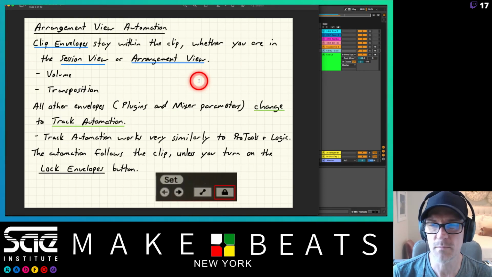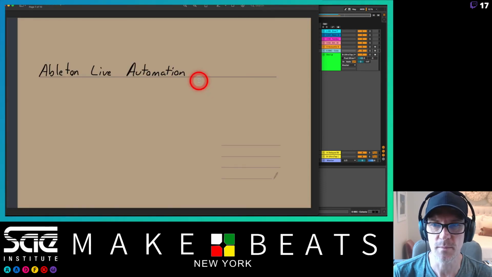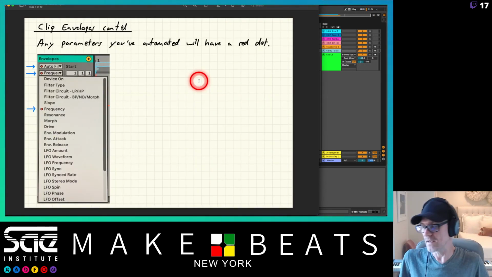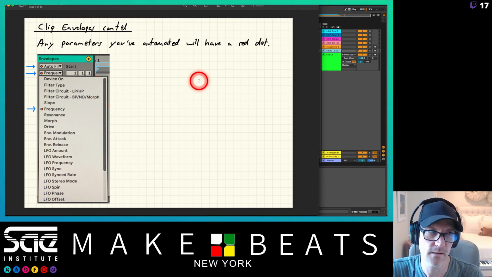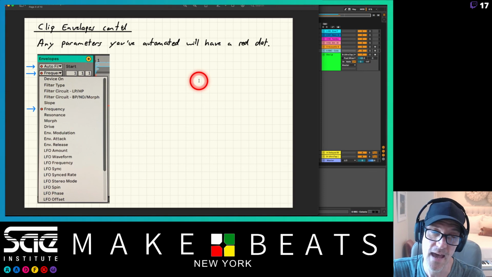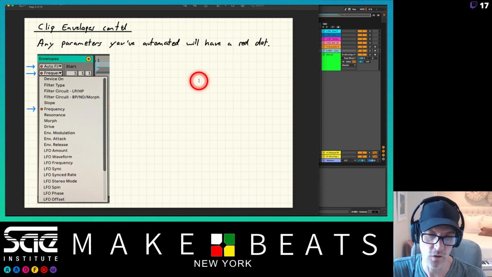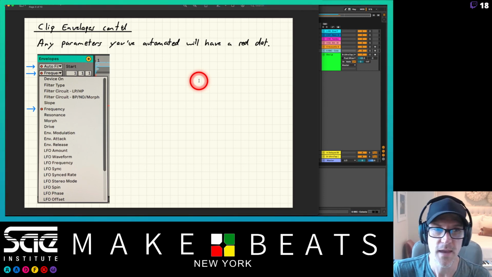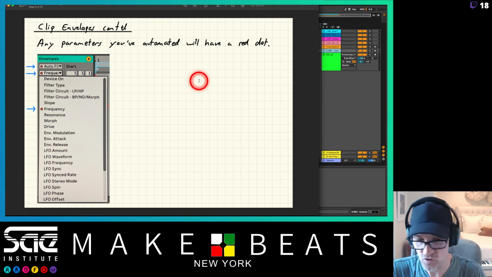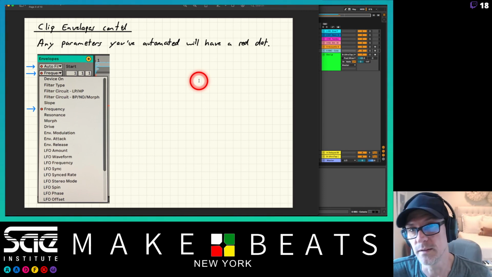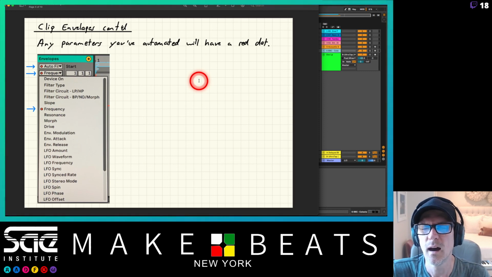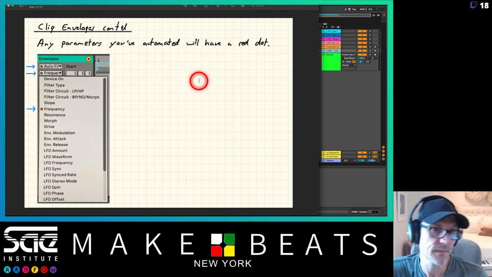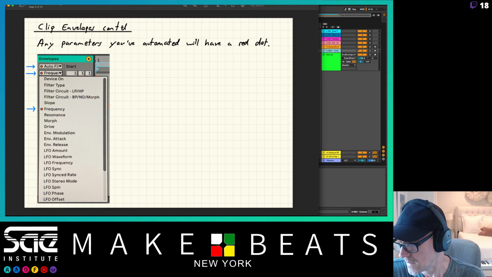Just remember that one of the main differences between automation in Pro Tools and automation in Ableton Live is, in Pro Tools, two things. One is that you have to use a controller that works with Pro Tools, really. And two, automation is king. With Ableton Live, you can use any controller, and so many controllers are actually made for Ableton Live, but you don't have to use one for Ableton Live. You can use any kind of controller. And two, you can actually override the automation. So that's a really cool thing. I'm going to go ahead and